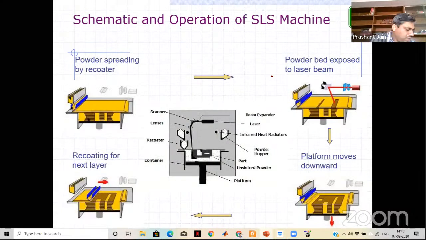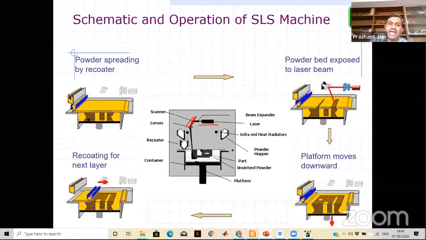Now we come to the SLS process. This is a very important process because it has shown the potential to become a complete rapid manufacturing process, right? This is the power of the SLS process. Look at this center figure first. We have the galvano scanner, right? And we have the laser beam, right? From this laser beam, laser light is guided onto the build platform. That is the build platform. Completely, this is the build chamber, and within this, the build platform.